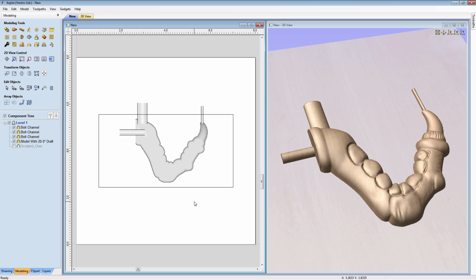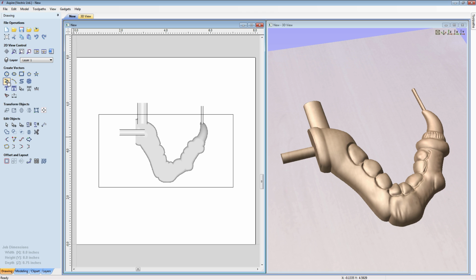Now at this stage, I would like to create a boundary around the outside of this that we're going to use for machining, and also think about making this a negative shape now so that we've got our cavity that we're going to need for our mold. So let's work on the boundary first. To do that, I want to create a boundary that not only includes the claw but also these channels as well. Now I don't want that to go too far past the edge of the top of the model, so